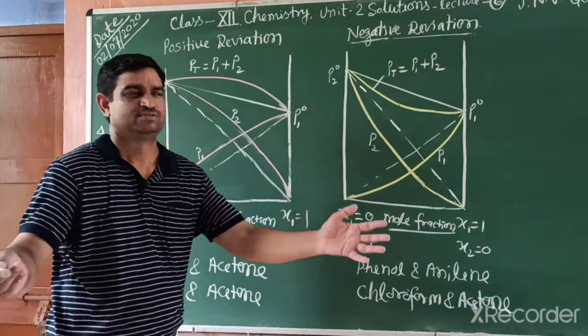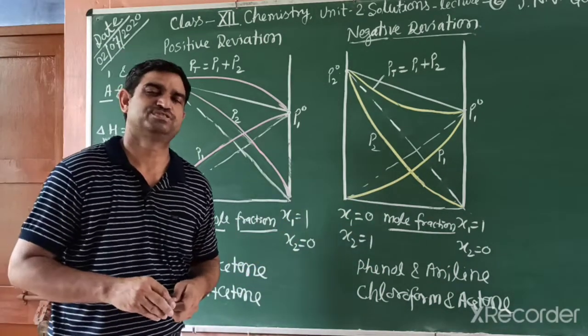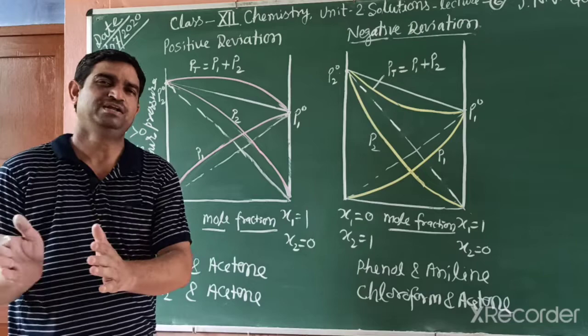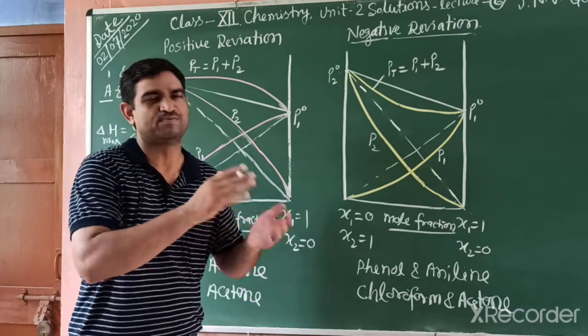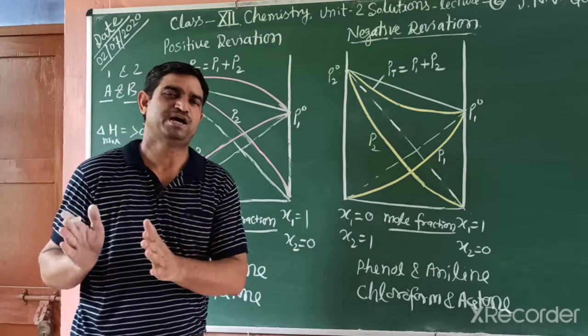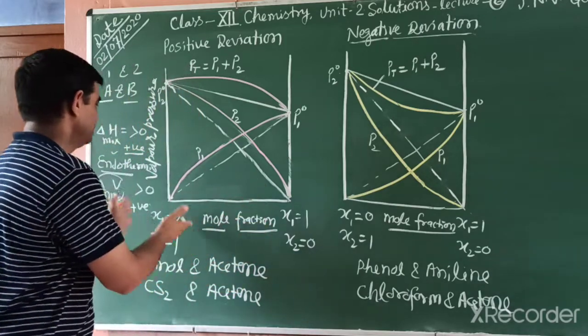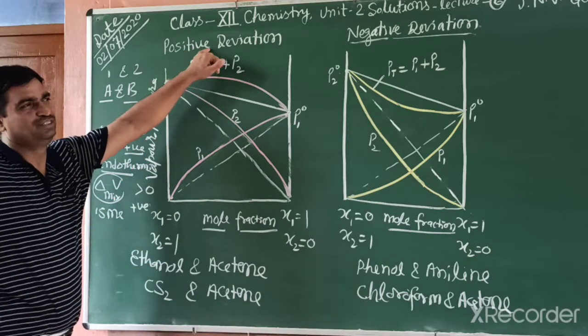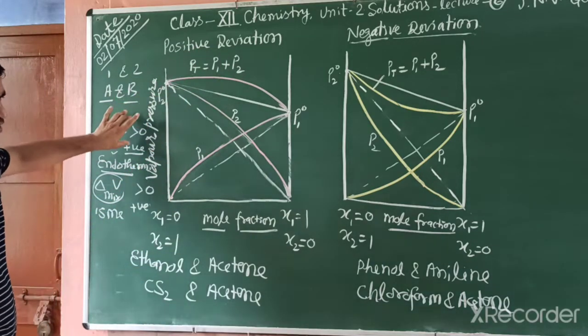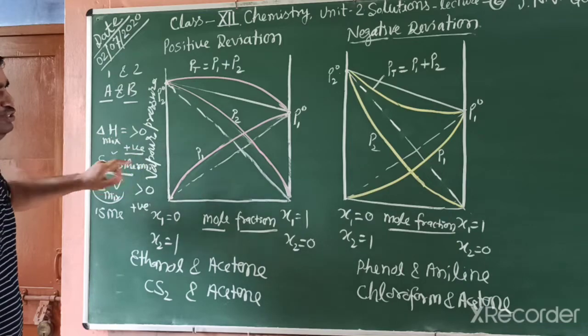Sometimes in numericals in different exams, like one solution 5 ml, another solution 10 ml. When we mix, we get 17 ml. 10 plus 5, total 15, but we get 17, this indicates the volume is increased, so that is a positive deviation. Easily identified: if the value is more than 0, positive, this is also positive.